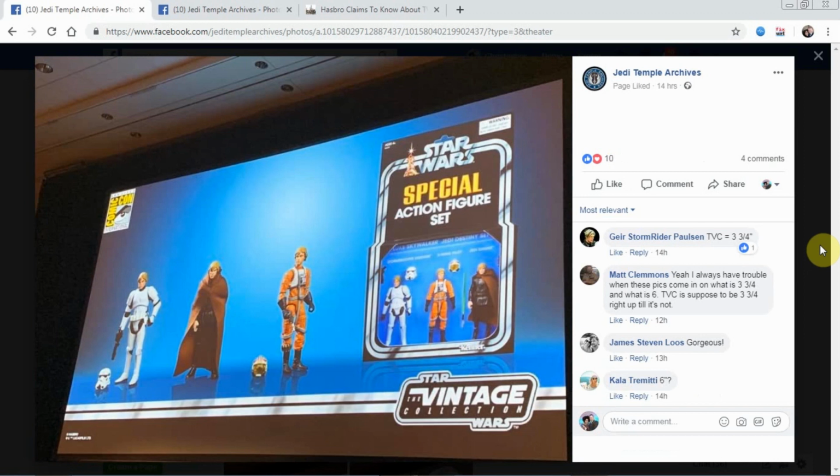This is going to be coming, as you can see, in a beautiful action figure set 3-pack. This is going to have foil racetrack and lettering of Star Wars at the top there, so will be a particularly special one. This again is a San Diego Comic-Con exclusive, but they've said it's also going to be available